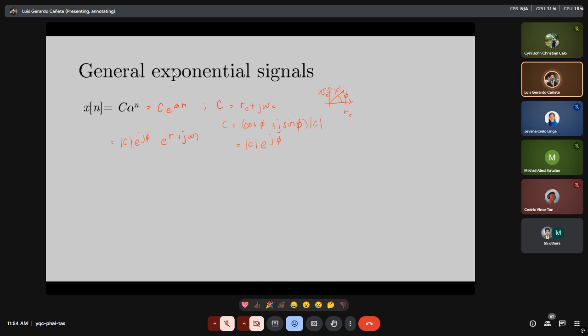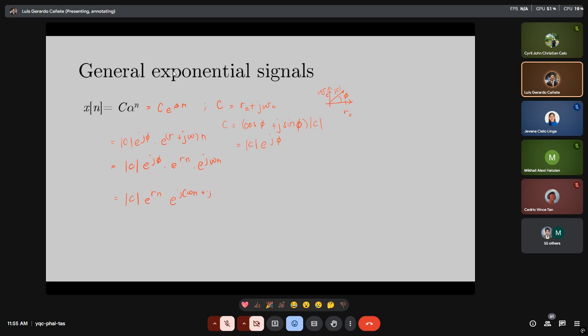But then this entire thing is going to be multiplied by n. So this means that this is c e to the j phi multiplied by e to the r times n multiplied by e to the j omega n, in which case we can write this down as the magnitude of c multiplied by e to the power r times n,